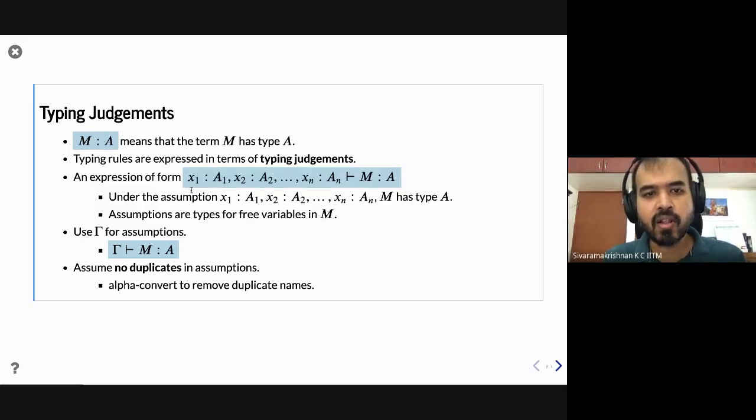All this says is under the assumption that the variable x1 has type A1, x2 has type A2, up to xn has type An, the term m, which might use any of these free variables, has type A. The thing to the left-hand side of the entails is assumptions, and the right-hand side is the conclusion. So it says under these assumptions,